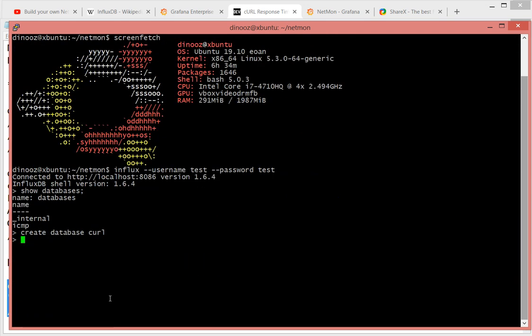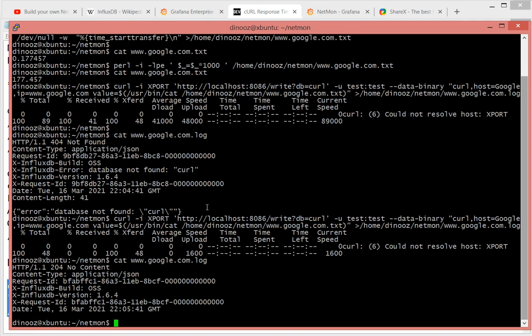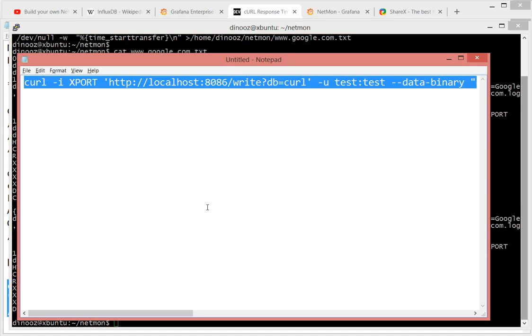If I go back here, use Cron, here's the data that we just entered. Google, the 177 milliseconds, and the time. Cool. So we have it ready. If that's the case, it's safe to say that